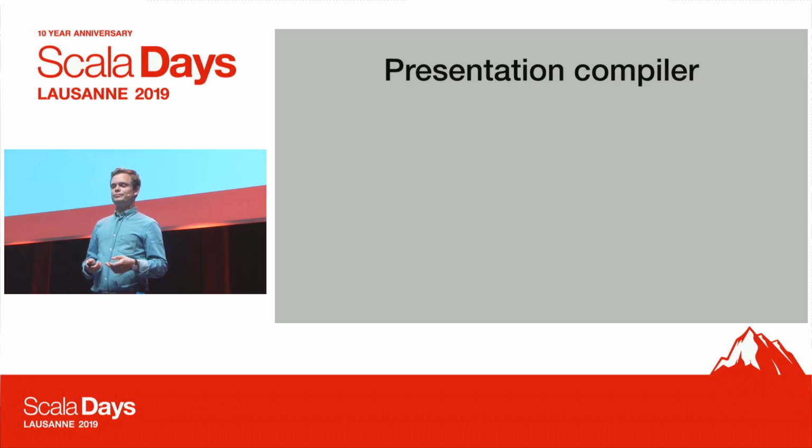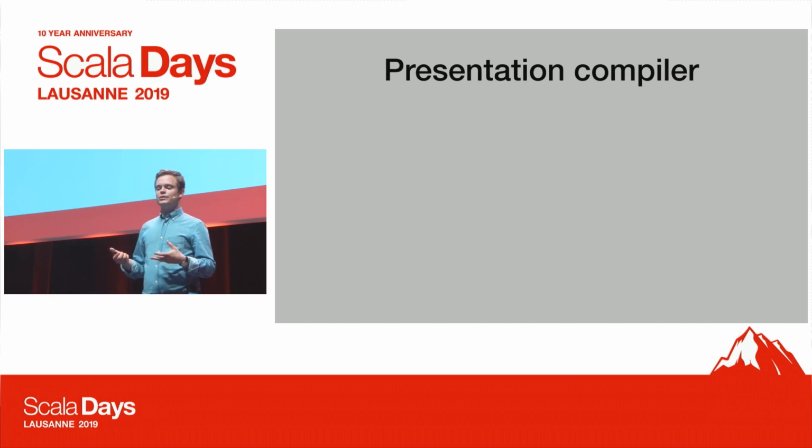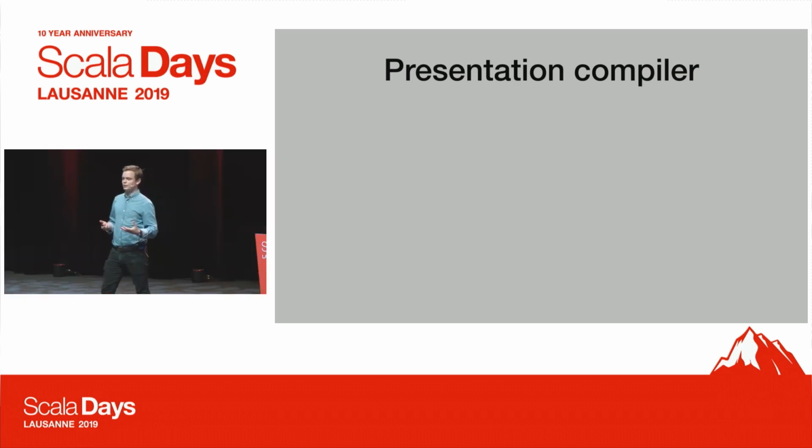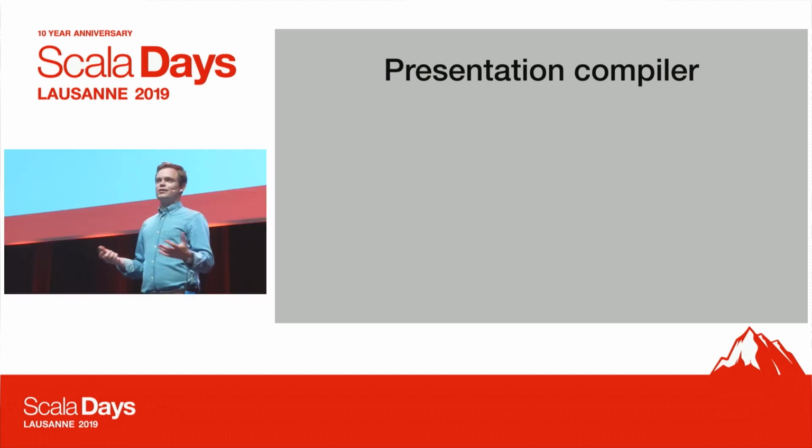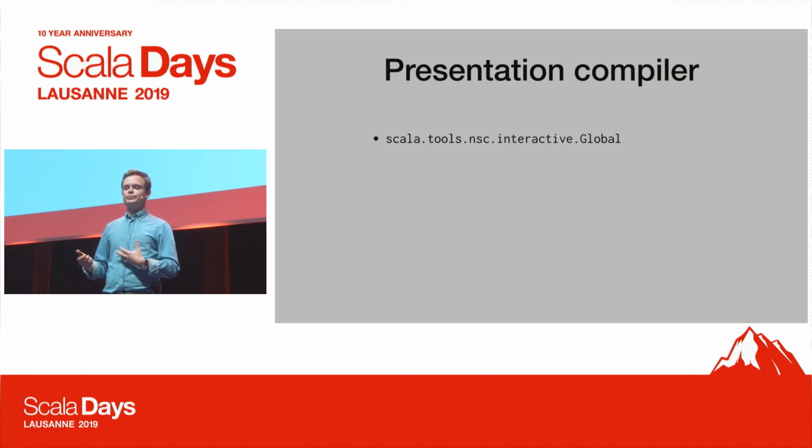So I'll explain how we do that. We use a presentation compiler approach. As I mentioned before, we use the build tool for the errors, but for the completions, we run our own presentation compiler. We need to know the class path, and we need to reproduce that compilation. But we have the liberty of not having to publish any errors. We can do whatever we like, because not giving you completions because there's an error is not the end of the world. So that approach works really great here.